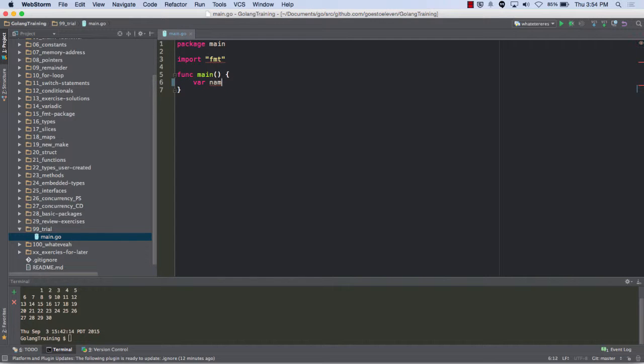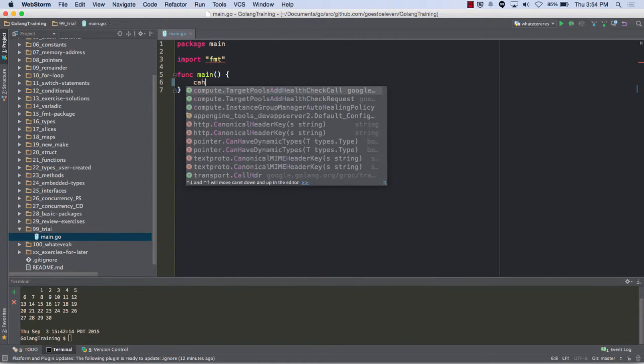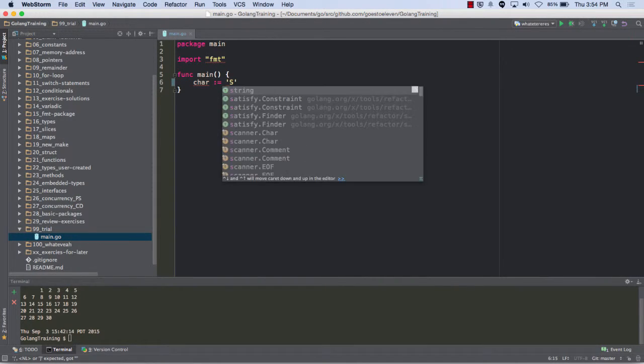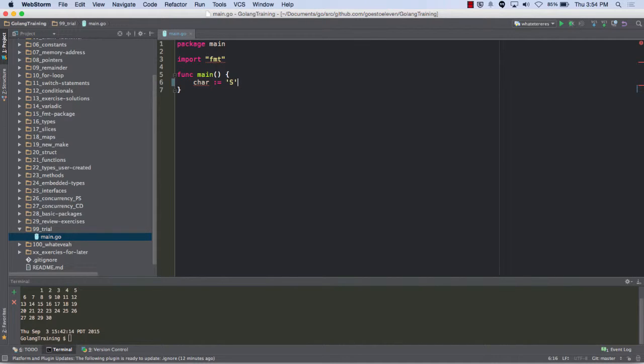Can you make an array of char from 0 to whatever the last int32 is? Yeah, you probably could, but you have to have a loop to do that easily. So here's the char, and then if we do fmt.Println and look at